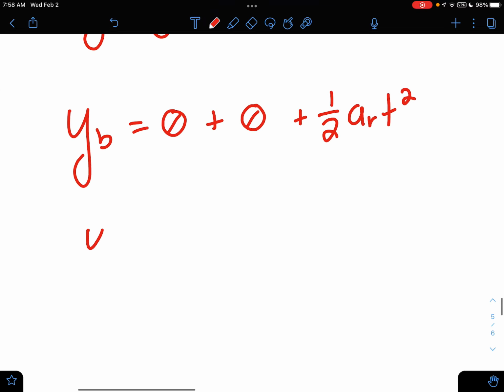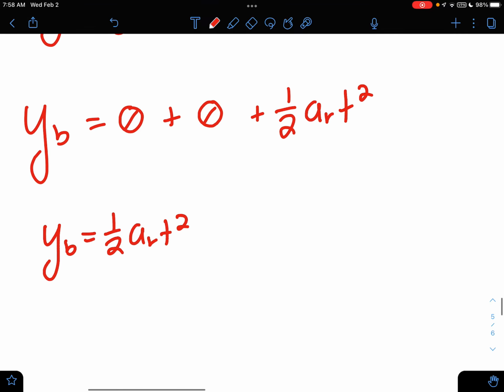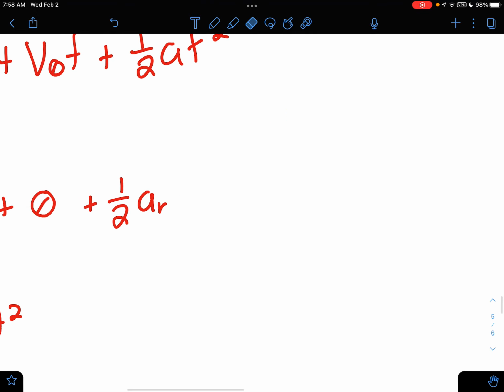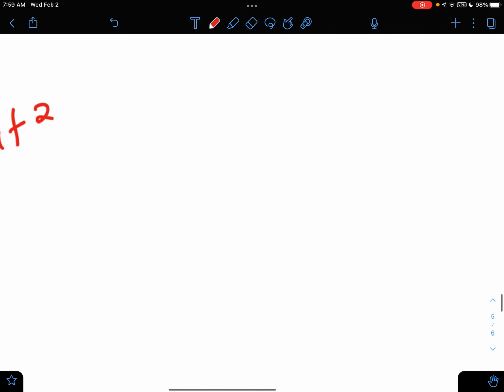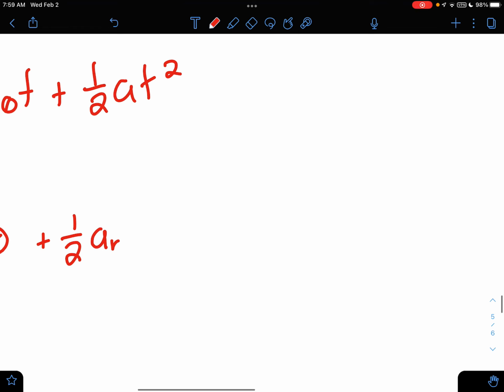Cool. Then we have y_B equals 1/2 a_R t squared. Well, we were given how long our time is too, actually. That was my bad. Here's our acceleration. Our time that's passing is this tau, which is just the 10 seconds, but I'm going to use